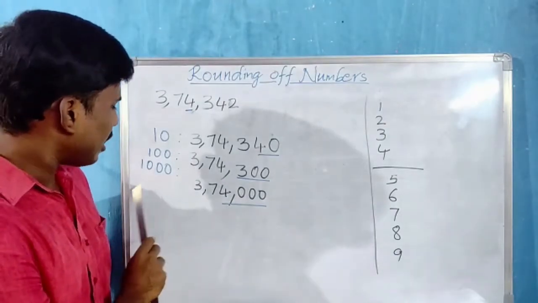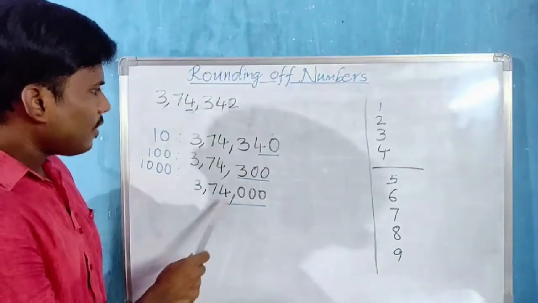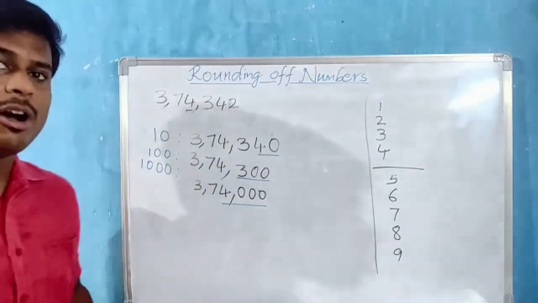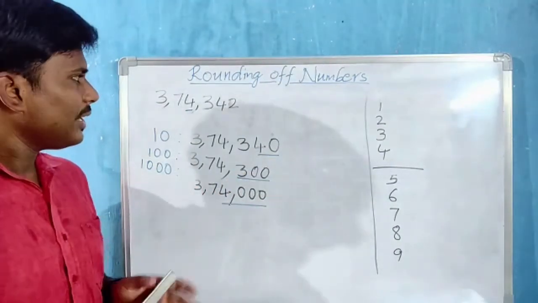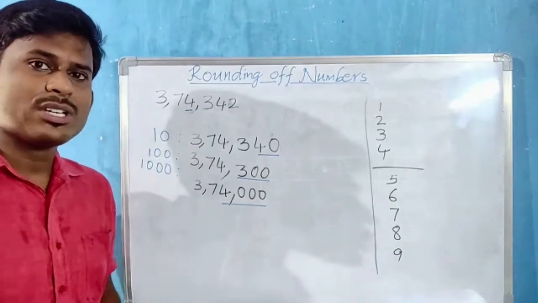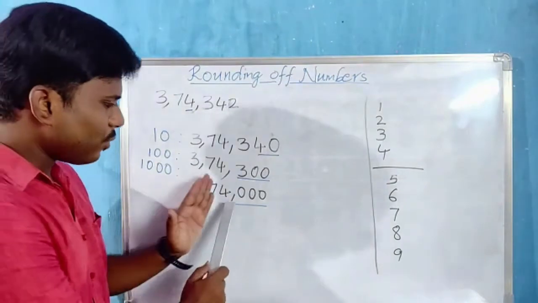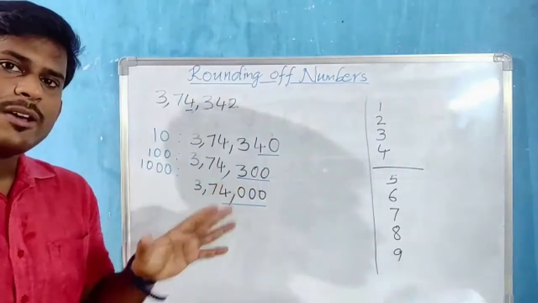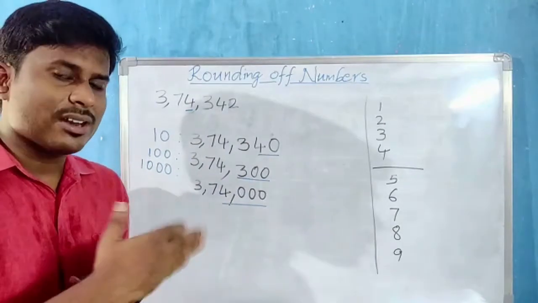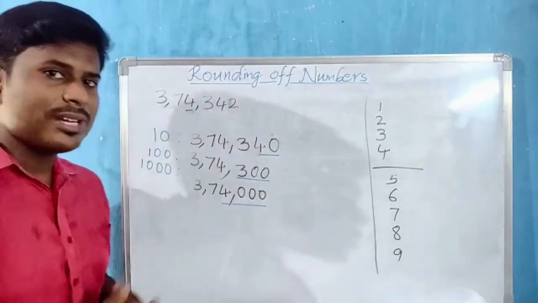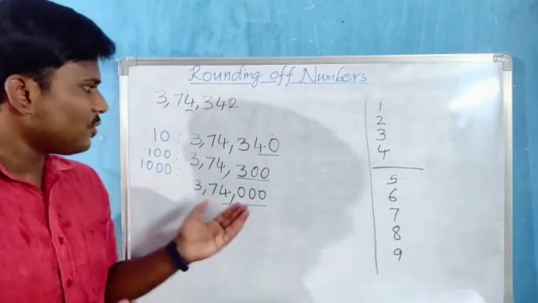Now see, in thousands place, we have to round off the given number to nearest thousands. 4342, on a number line, was between 4000 and 5000. So this 4342 is near to which number? Near to 4000. So we are writing 4000 like this. So this is how we round off the given numbers. And let us look at another example, when the right of the rounding digits are 5, 6, 7 or 8 or 9. Then how the situation changes.